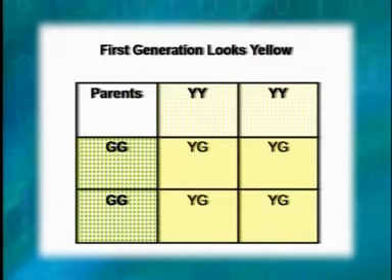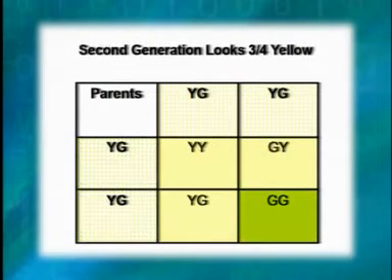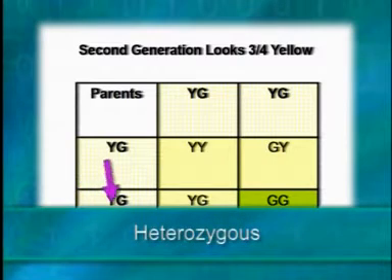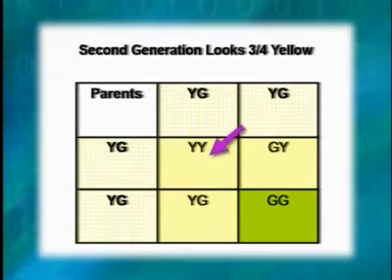Now, the interesting part of the experiment occurs at the next generation. Suppose that we take plants that were the result of that previous breeding, each of which was heterozygous, having a yellow gene and a green gene, and we combined them together to form the potential offspring that they could have.